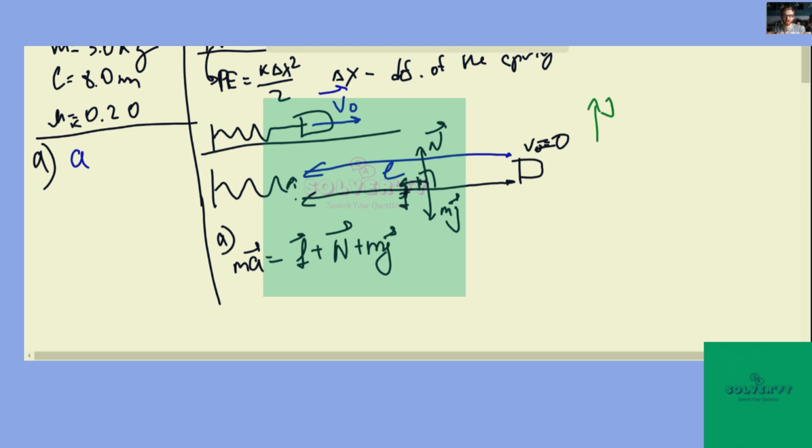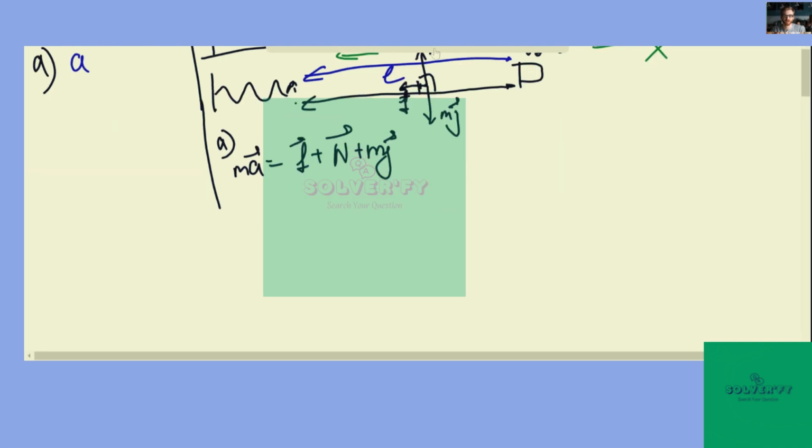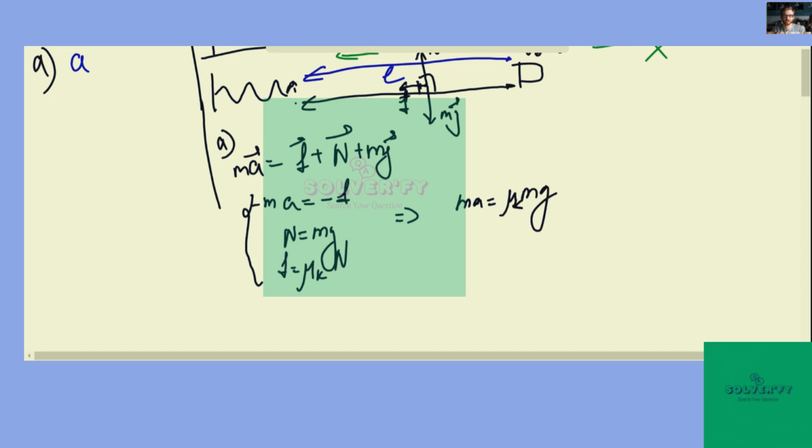And if we introduce y and x axes, and project the acceleration onto the x-axis, we get the following: negative acceleration equals negative f, and on the y-axis N equals mg, and also the friction force equals the friction coefficient times N. Now this all being said, here I forgot m. So m a equals mu m g, and acceleration equals the friction coefficient times g,